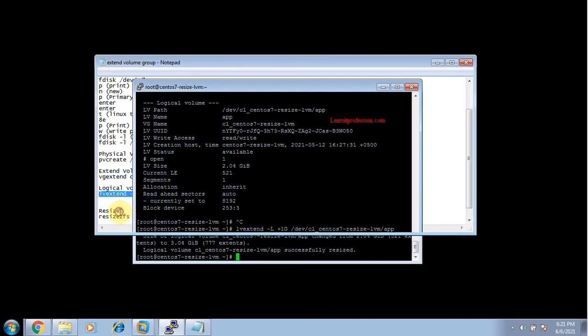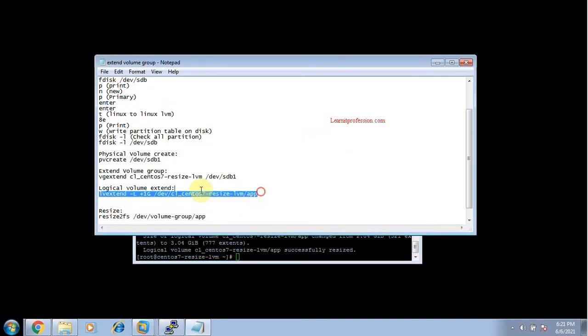Now type another command: copy the whole path and paste it for resizing. For resizing, the command is resize2fs. It is the extension for the file system, so you can use this command for resizing the logical volume partition.